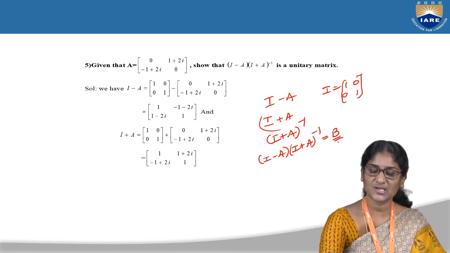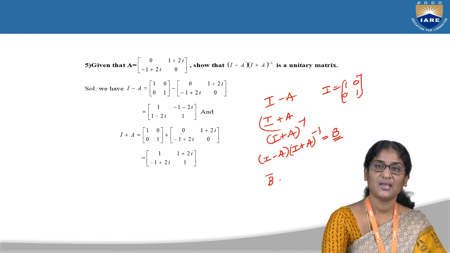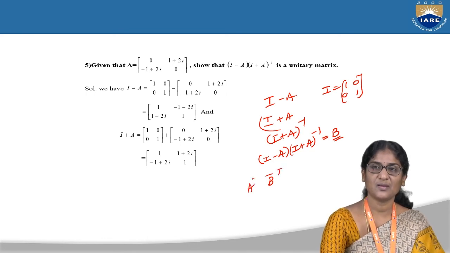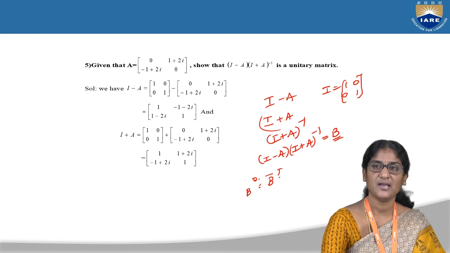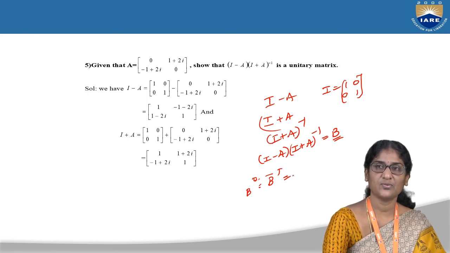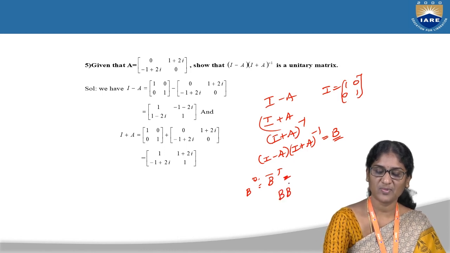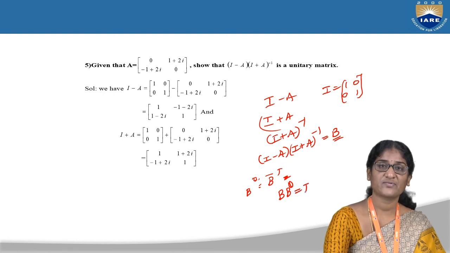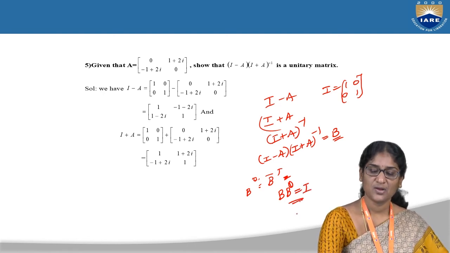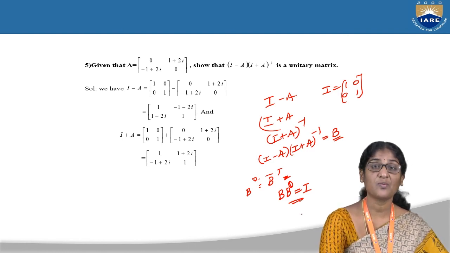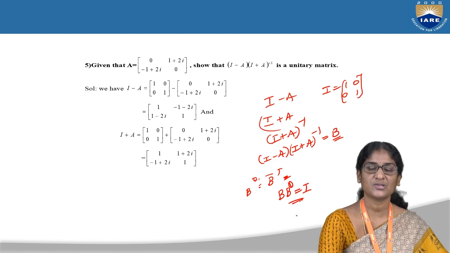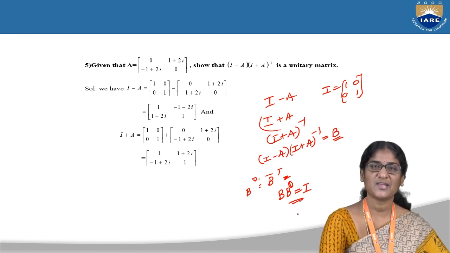To show that B is a unitary matrix, we need to work out B bar transpose, which is equal to B to the power of theta. Then we have to multiply B into B to the power of theta, and we have to get this as an identity matrix. So it's very lengthy, but the operations are very simple. We are not doing any complicated operations here, just adding and finding the conjugates of the given matrix and multiplying the given matrices.